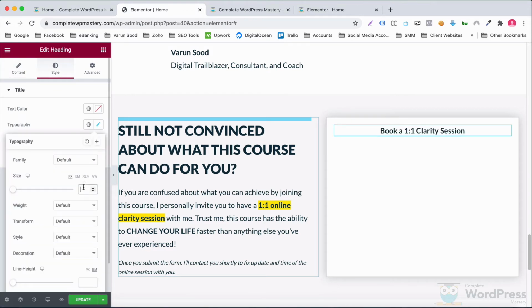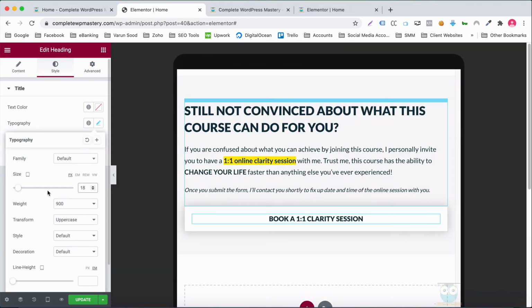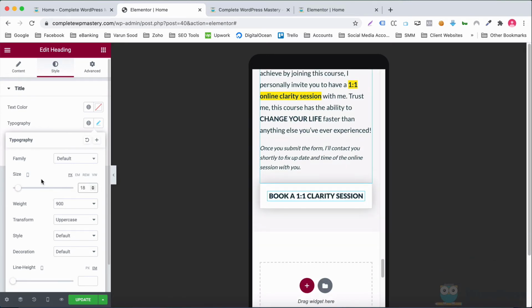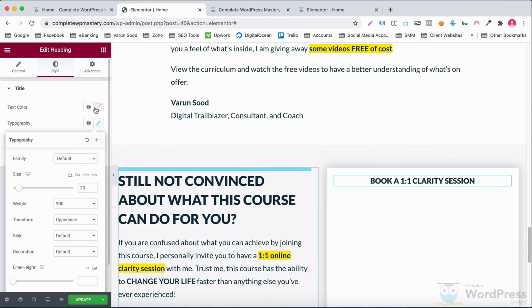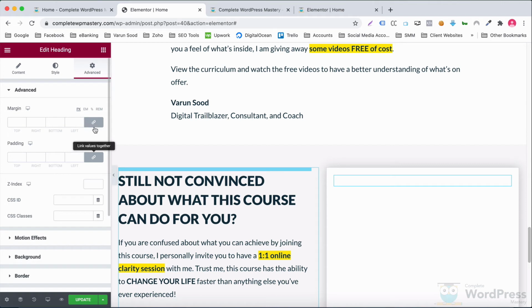Adjust the typography settings. Change its color to white. Set the padding to 10 pixels on all sides. And have blue as the background color.